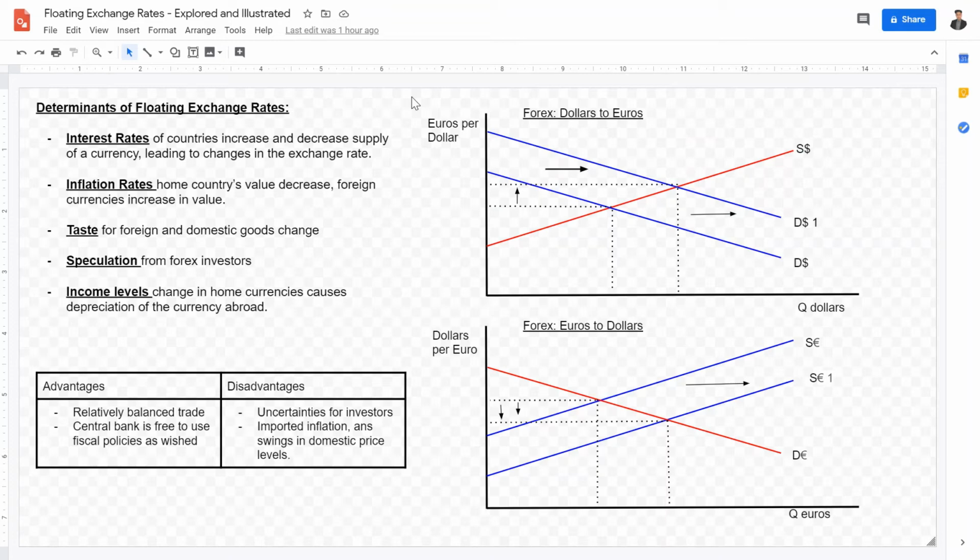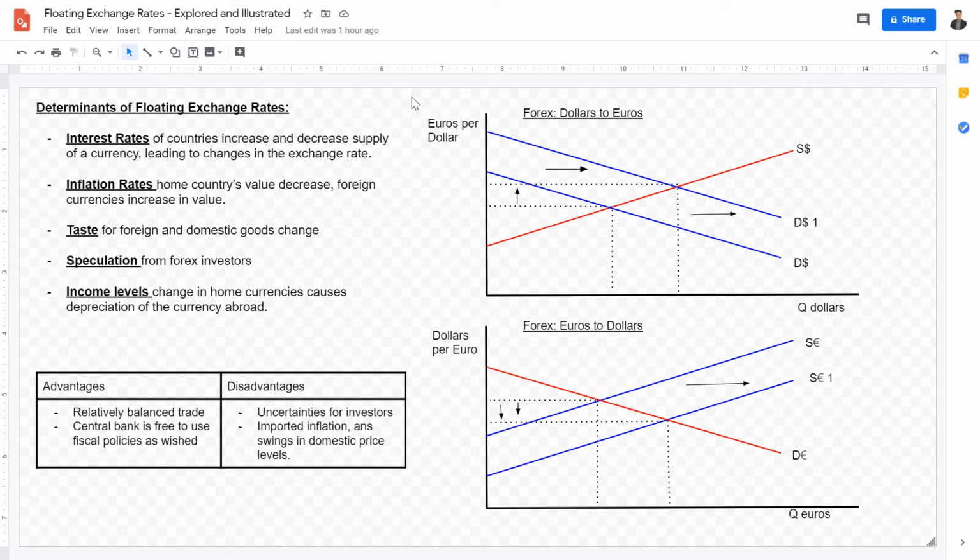The first one is relative balance in trade. Now, why is that? That's because if your currency becomes so strong, then your exports become less desirable, and that will be balanced out. Now, if your currency becomes weaker, then your exports become more desirable, and once again, that balances out the trade. So, one of the advantages of having a free floating, or what we call floating exchange rate, is that trade